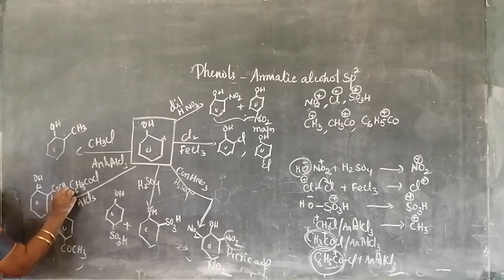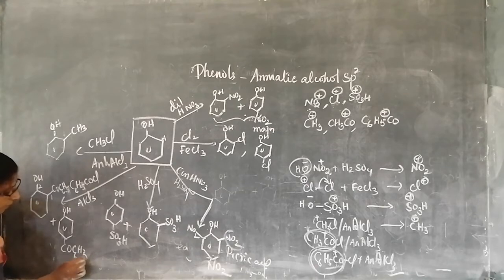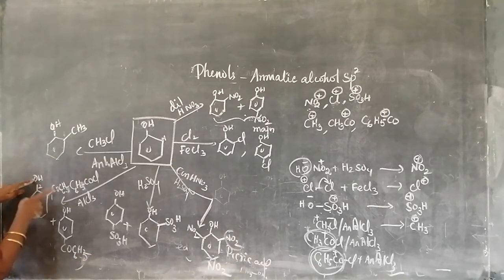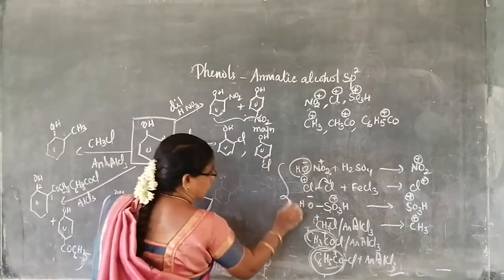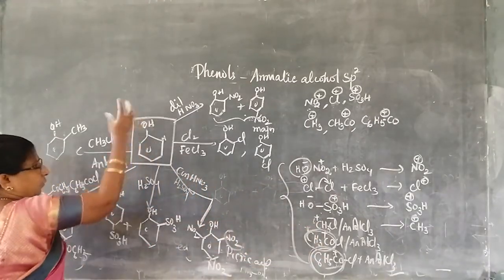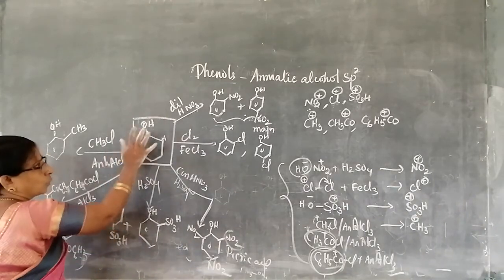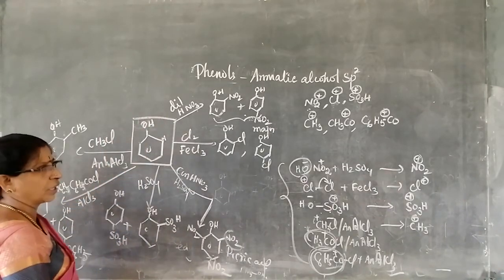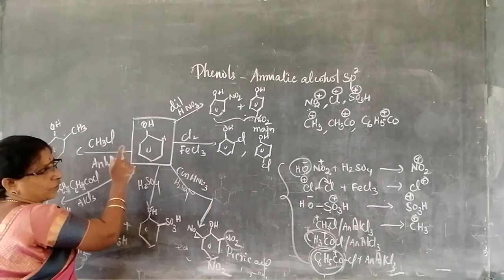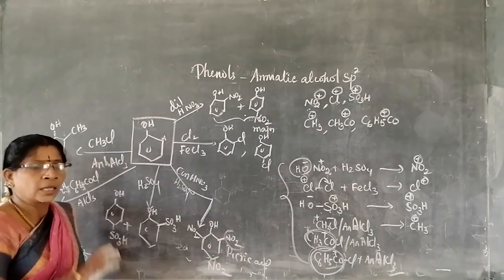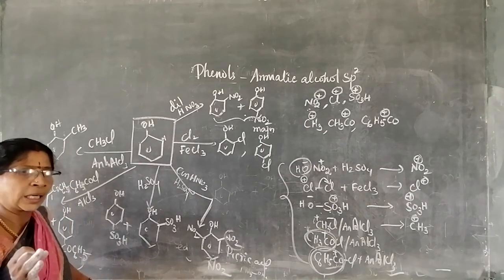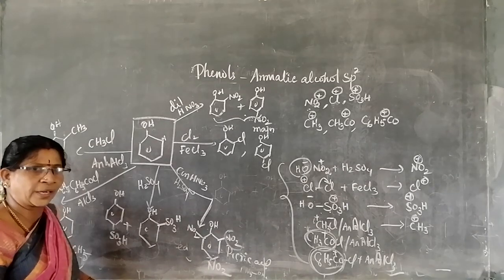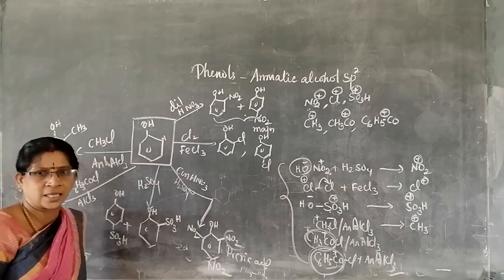C6H5COCl, then it will become C6H5CO. Then it is called benzophenone: 2-hydroxy benzophenone, 4-hydroxy benzophenone. Hope you are clear with all the six electrophilic substitution reactions. Without this OH we studied last year with benzene. Now today we are seeing with OH, that is phenol. We have already seen haloarenes also. Remaining are the properties of phenol with other compounds, that is Kolbe's reaction, Reimer-Tiemann reaction and aspirin preparation. We will see it a little later. Thank you.